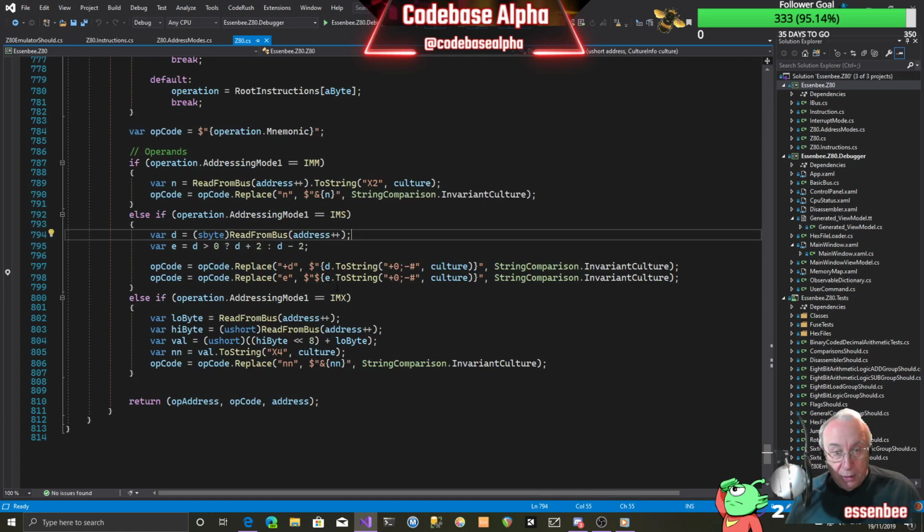And you can see what we're doing there is we read that byte from memory, and then we manipulate the mnemonic string. If it had plus D in it, we change it to plus or minus whatever the value is, and if it was an E, which is what we use for the relative jumps, then we do a slightly different